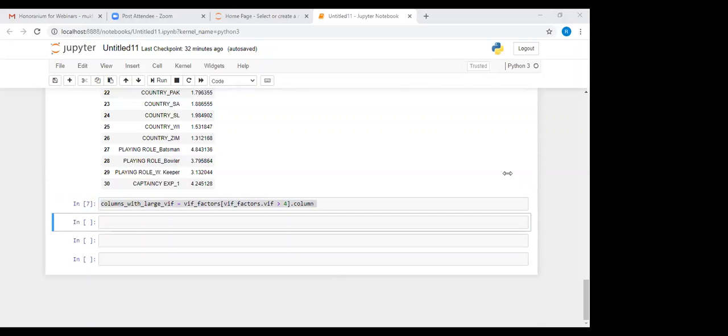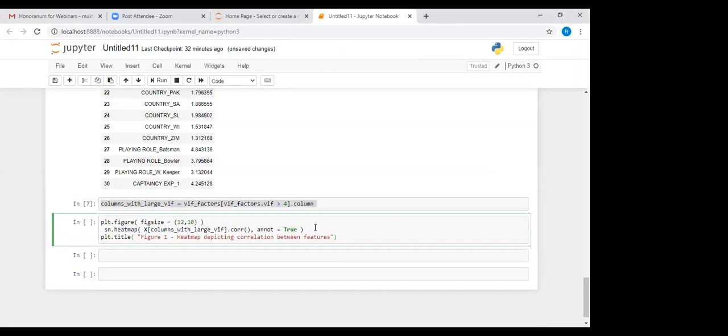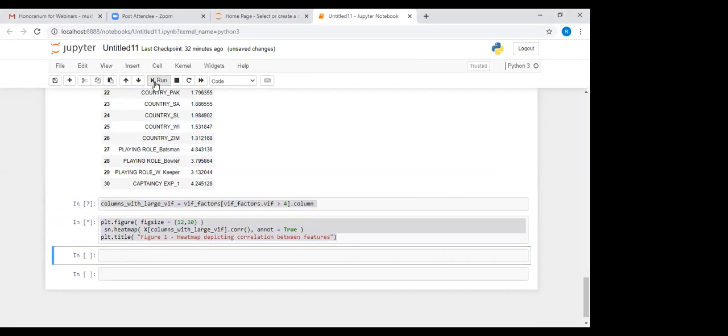Then we will also see the heat map. What does the heat map give us? The heat map gives us the correlation between the various variables.